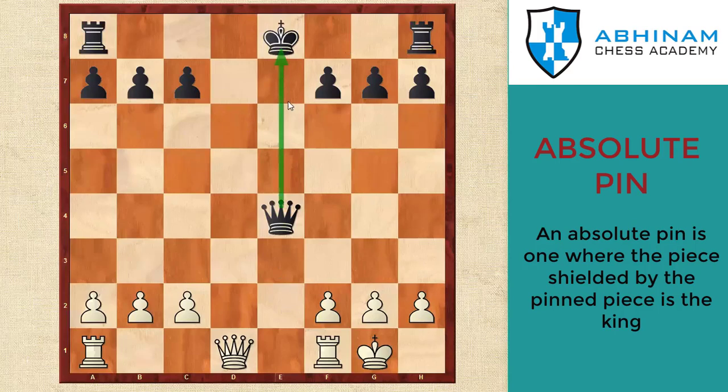Say for example, in this position, if you look at the king and queen are in one line, so can we pin it? Yes, we put the rook in one line and we pin it. So this is called absolute because now the queen cannot move from its original place, because if you move it, then there is a check. We would be covering 5-6 more examples on it to get you a better understanding of